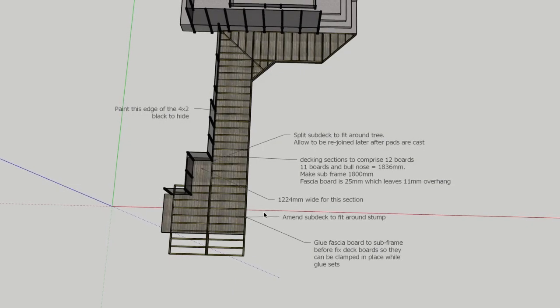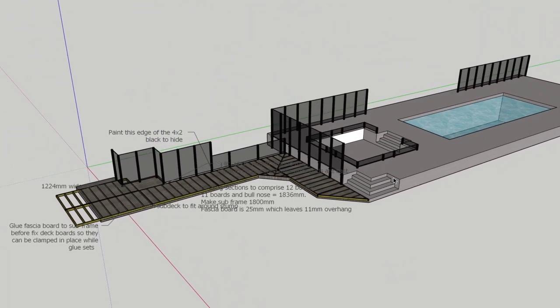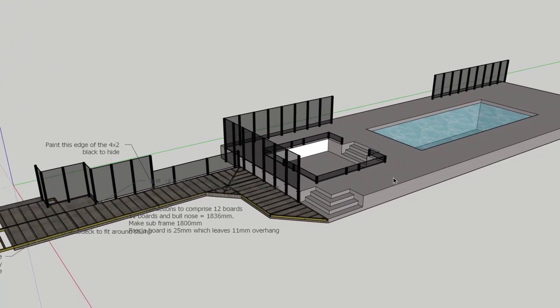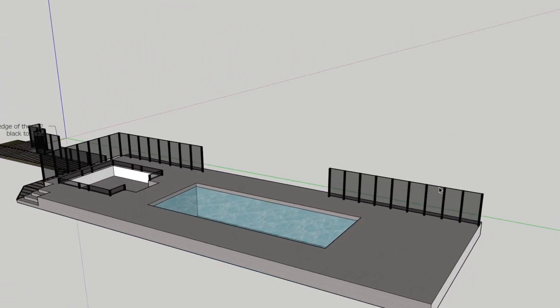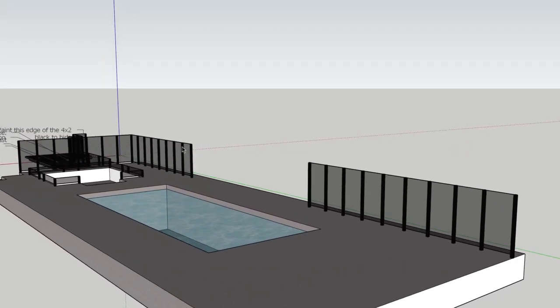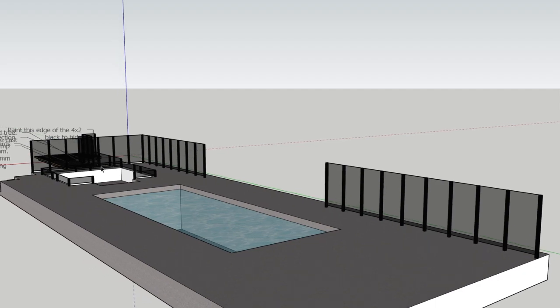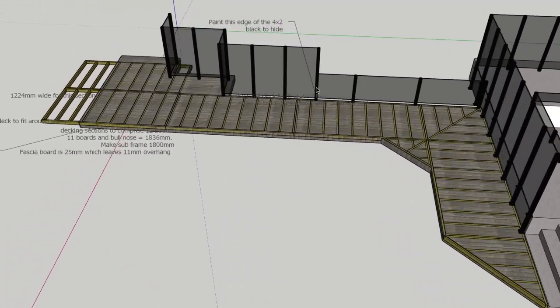So I'm going to try and do a quick video just to show some of the other features that we modelled at our Bushey Heath job. You can see here, this is the swimming pool deck and patio. This was actually an addition that we did after we completed the job. We added this screening here around the sunken seating area, and we built this deck and screening all around here